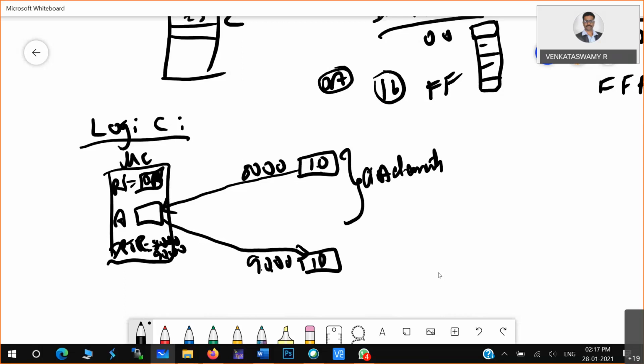The element comes to the accumulator, and then from the accumulator you make DPTR 9,000 and move the accumulator content to the destination register. Then you have to increment the DPTR, making it 8001. Then it is pointing to the second element, so whatever data is present will come to the accumulator. It is a repetitive operation.